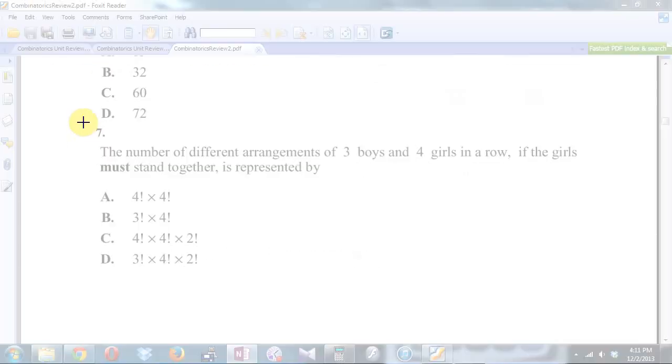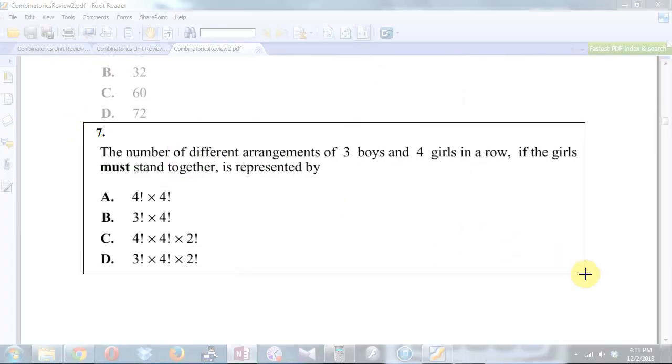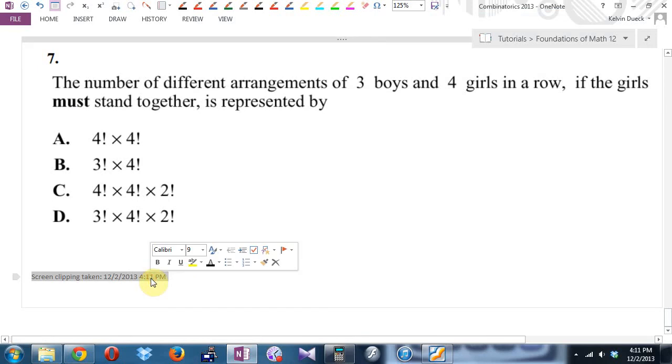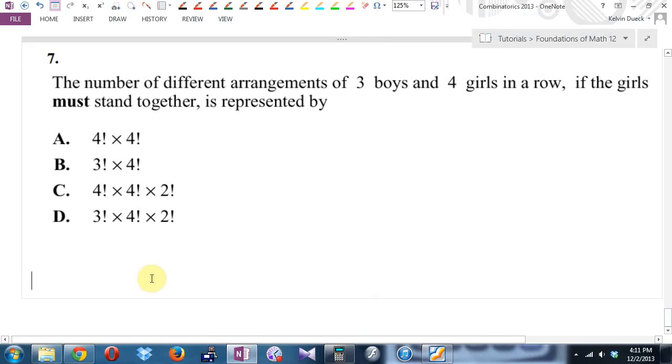I'm going to give you kind of a question that's combined. It'll be written, not multiple choice, but that's okay. And what I mean by this is it's going to be the last question on the test, so you know when it's coming. Okay? I'm going to give you both groups and arrangements. This is a combined Scrabble tile with letters on there. This is very similar to that math, English, physics one that we did a little while ago as well. So the number of different arrangements, hey, that's shuffling, permutation, of 3 boys and 4 girls in a row, if the girls must stand together, is represented by